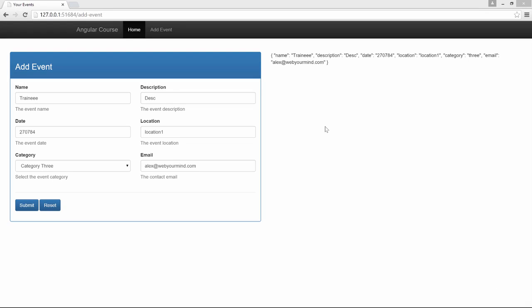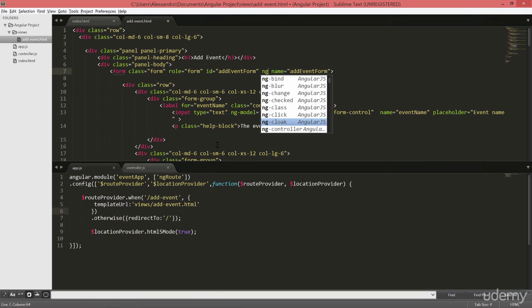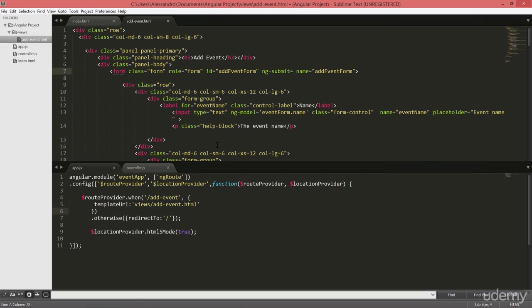So, how can we submit the data which is filled out in our form? Well, it's quite easy actually. We have a directive we can use which is named ngSubmit, and this directive will simply bind the onSubmit event to an expression, an AngularJS expression. So we can just type ngSubmit equals inside our form element,